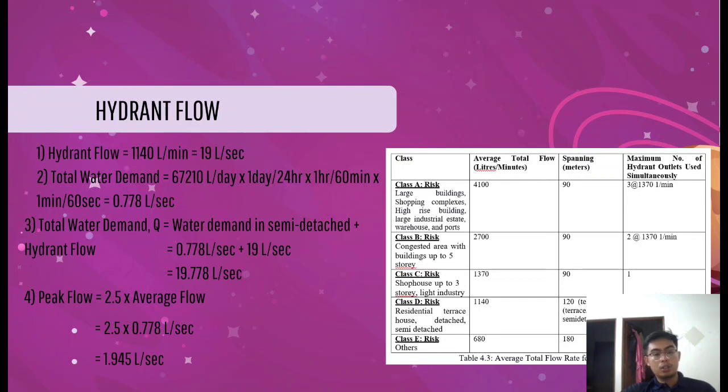Next step is we convert the total demand per day to the second, and we get 0.778 liter per second. So next is find the flow rate, which is the Q, the total flow rate, which is water demand in semi-detached plus the hydrant flow, and we get 19.008 liter per second. And the last step is to find the peak flow, which is 2.5 times average flow. Average flow we get from the daily total demand per day in seconds, and we get 1.945 liter per